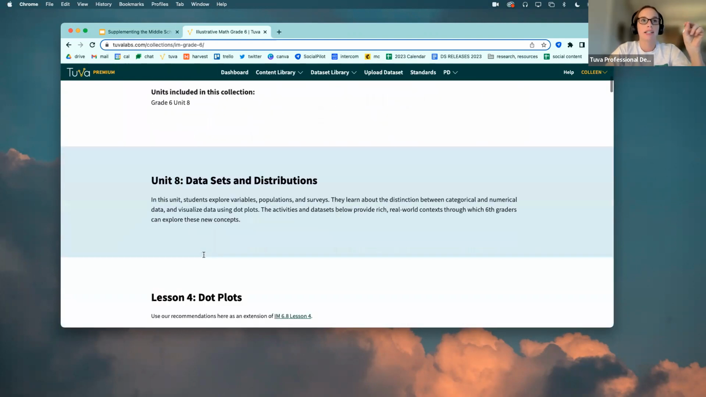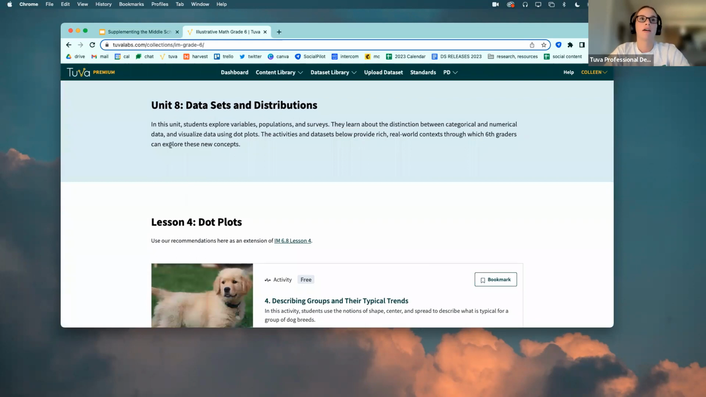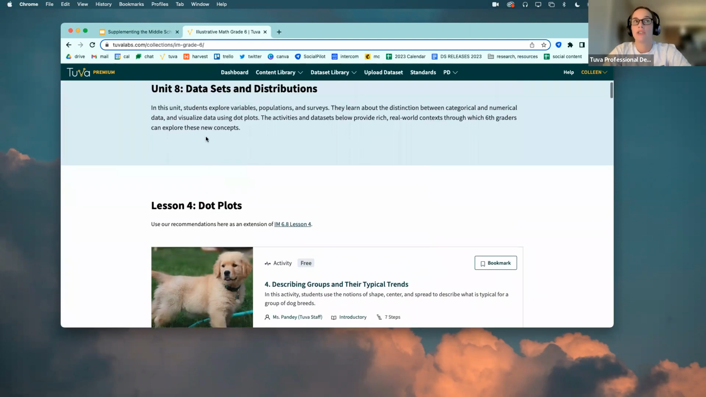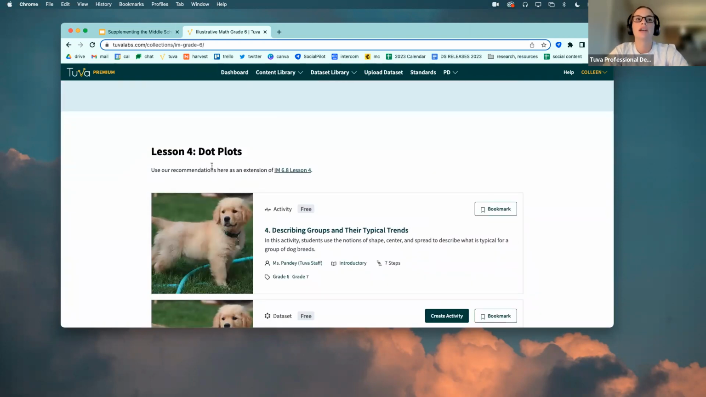And the way that we've outlined it is we've talked about what that unit is. You can get a little overview from IM. This is directly from IM about what students are going to be working on in that lesson, or that unit rather. And then for every lesson that we feel is really well served by the use of data, we've linked,